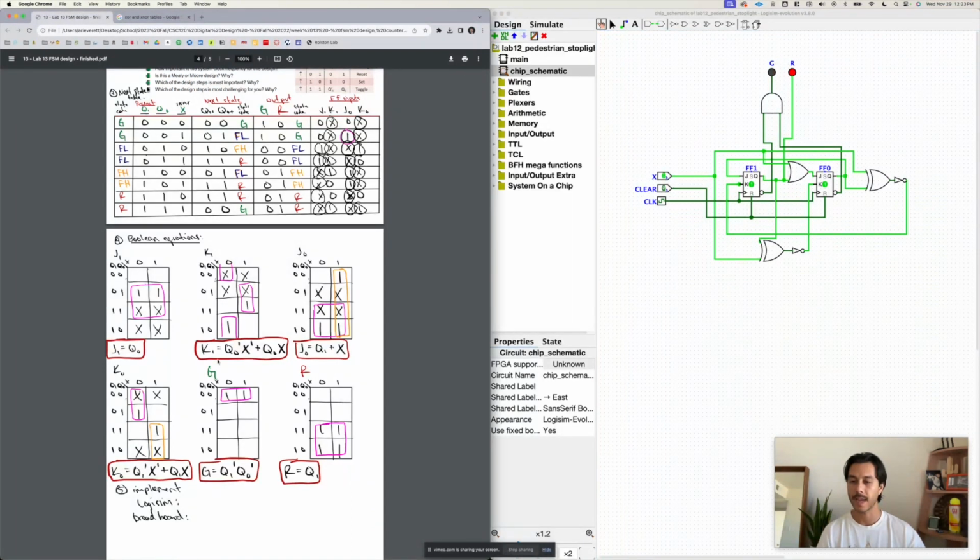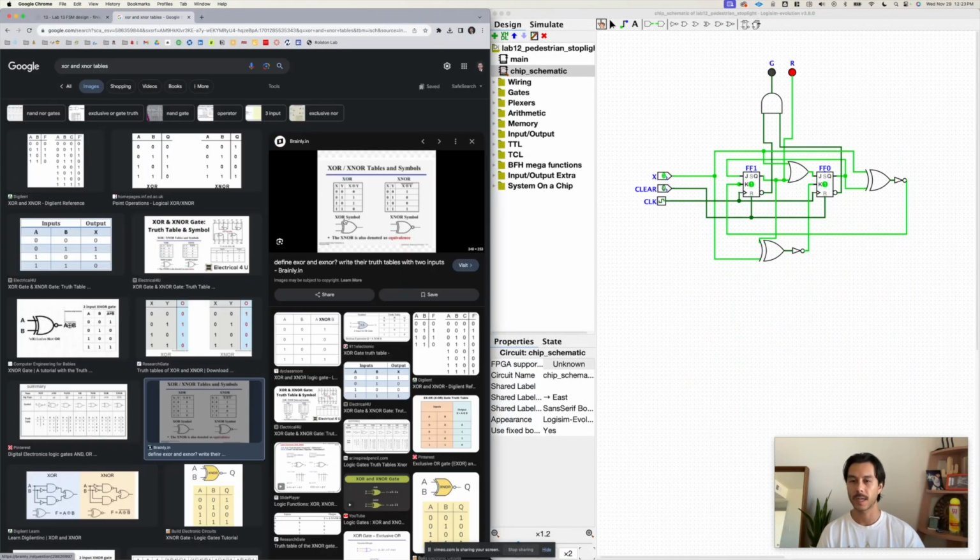Notice that K1 and K0 have some very familiar formulas here, and we were able to utilize the XOR and XNOR gates in order to simplify the Boolean equations further. So I can't take credit for this. Someone in my group caught this, but it was explained to me that it's good to be able to pick